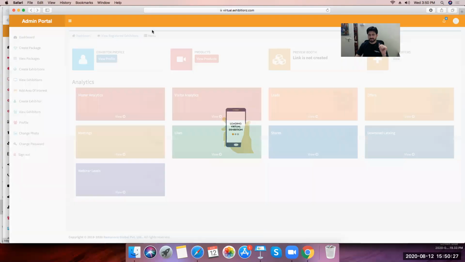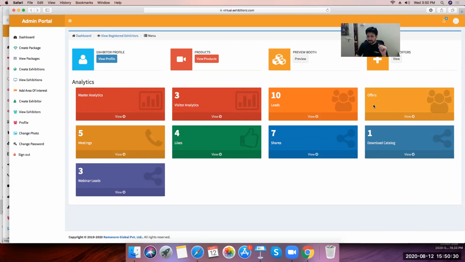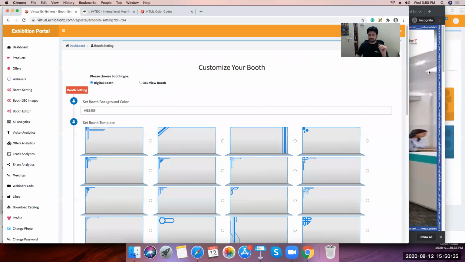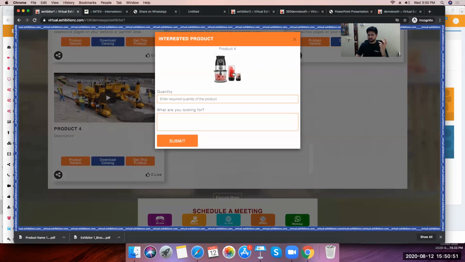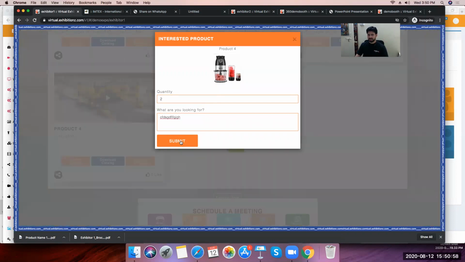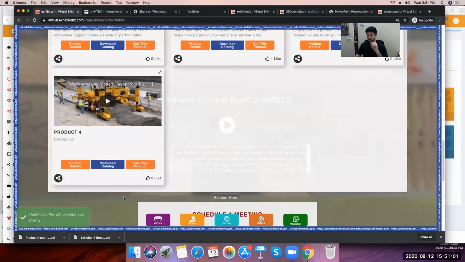Okay. Prasad, can you just brief on that lead capturing process, how you're capturing the lead? Only if somebody is interested in a product, it's a lead, right? How do you decide on lead? Or when they come to the booth. Yes, so when he comes to this section, sir, over here we have given this section called Get. So lead is getting generated at 3 places, sir. One, where he clicks on get this product, and there is this option which pops up. Okay, I need, say, 2 quantity for XYZ thing. I click on submit, and this is one way that the lead is generated for a specific product.